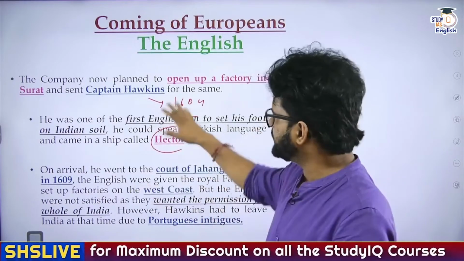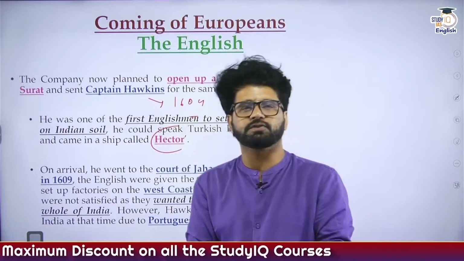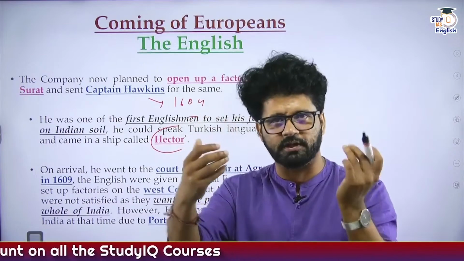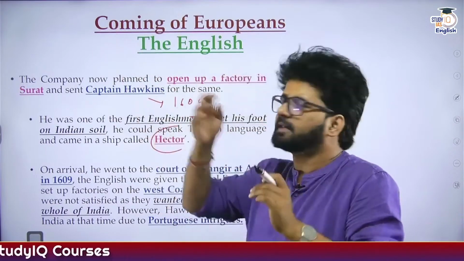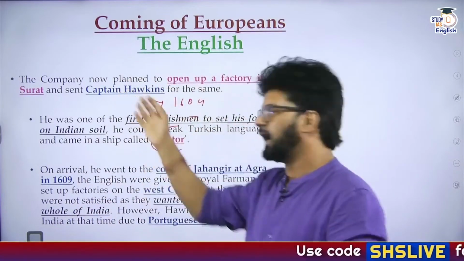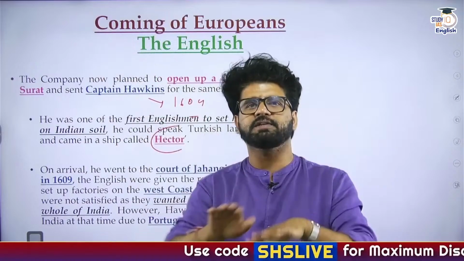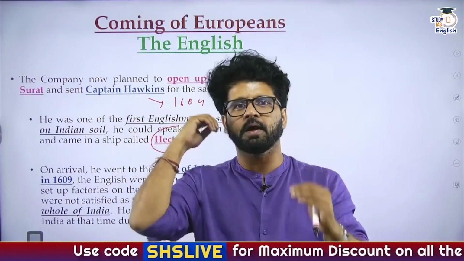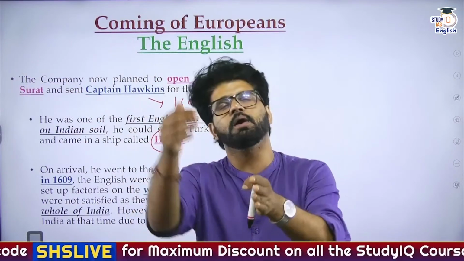You can forget about all these things. Just remember the chronology. Who came first, William Hawkins or Thomas Roe? William Hawkins. Sir Thomas Roe came in 1615. By that time, the situation had changed. Battle of Swally, 1612. We have talked about that. The Portuguese were defeated. Now, EIC is the rising sun, and everybody respects and salutes the rising sun.